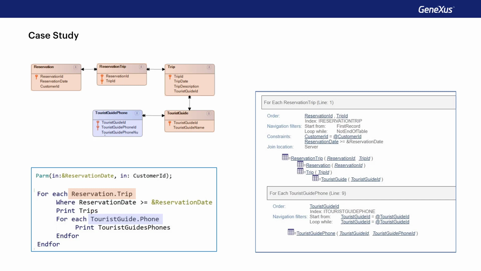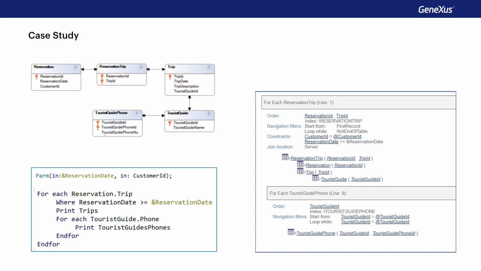It's another way of looking for a one-to-n relationship, although in this case, it's an indirect one. If each reservation trip has a tourist guide ID, and in the table to be navigated, there's also a tourist guide ID, then GeneXus understands that due to the relationship between the information, it'll be the same. And that's why it'll make a join.